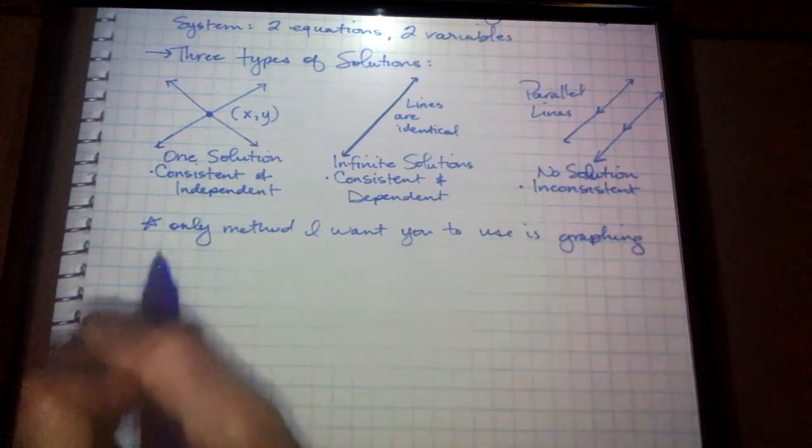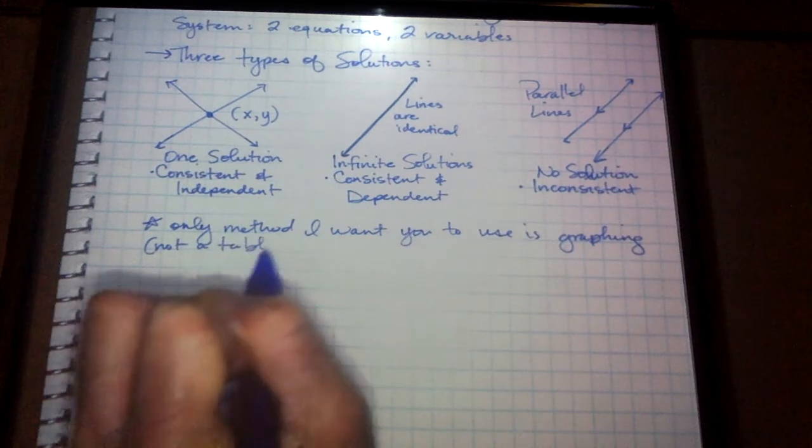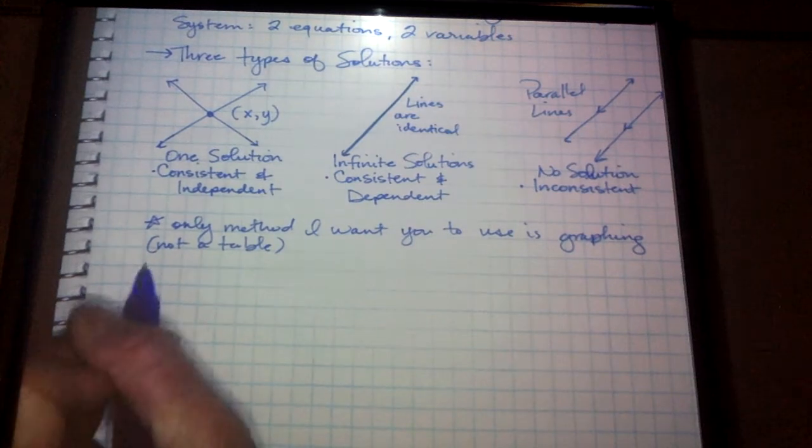If a problem asks you to build a table, ignore and graph. Now, you can use Desmos for this. Enter both equations on separate lines, and it'll tell you exactly where they cross. But if you're going to do this by hand,